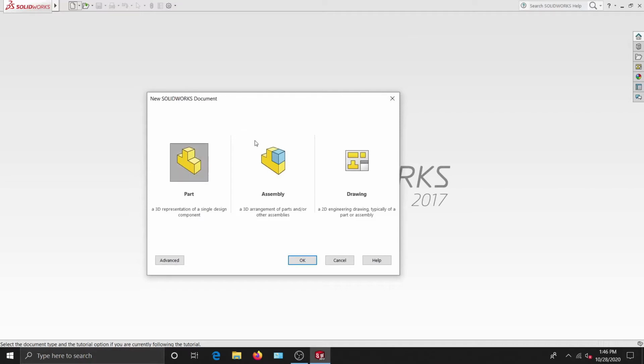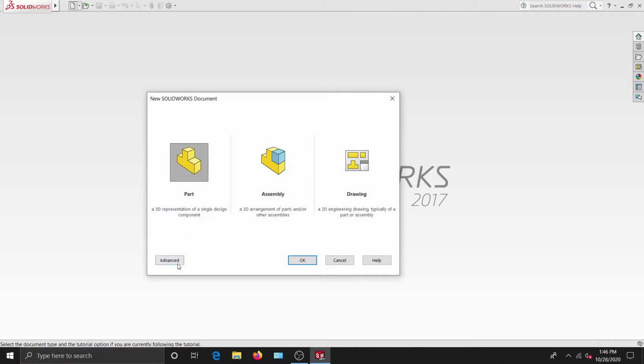As you can see, we are introduced to three options here. The first one is part, second is assembly, and third is drawing. What part does is we make an individual component, and then in assembly we assemble those individual components saved in different files. And in drawing, you can either import from part or from assembly, and after importing them, you can make your orthographic and isometric drawing readily. SolidWorks will do everything for you. So we'll talk about these two sections in the future videos. So let's get started with this part.